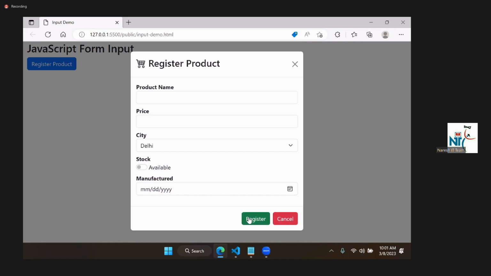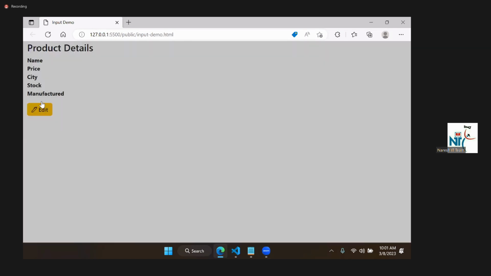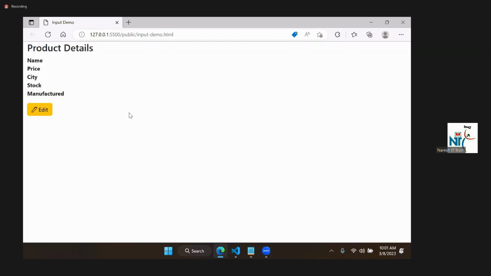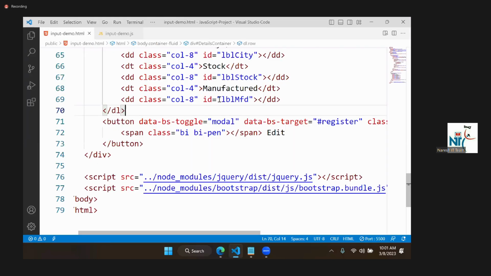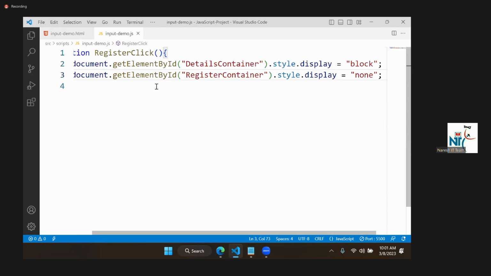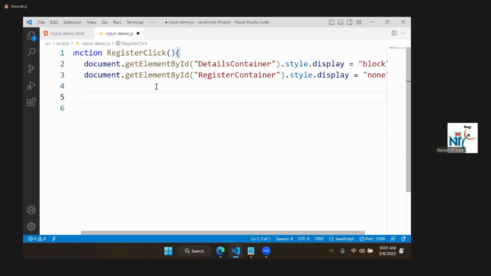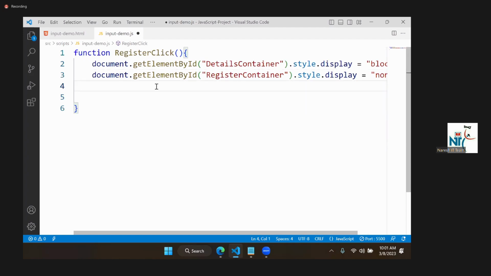need to collect those details and display them. We need to collect the details and display them here, in these data labels. In that label, we have to display. So write the logic. It's very simple logic here. So in the register click,